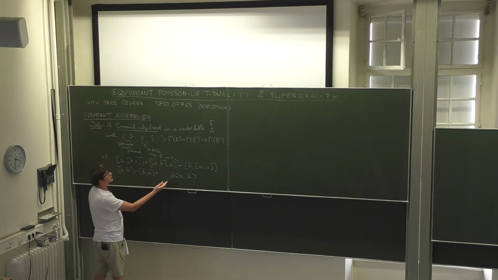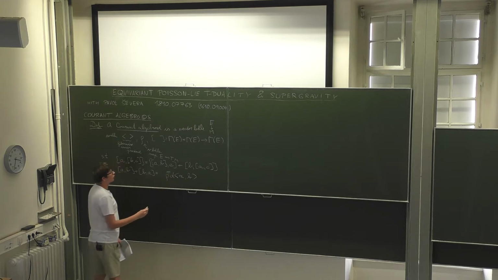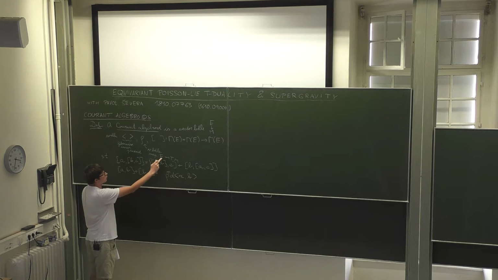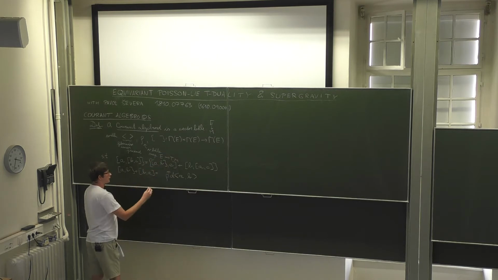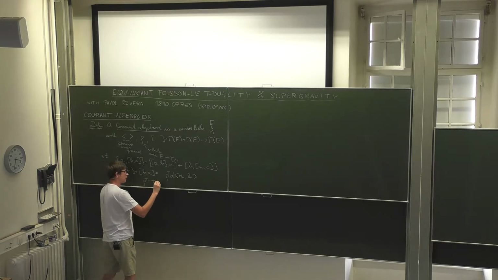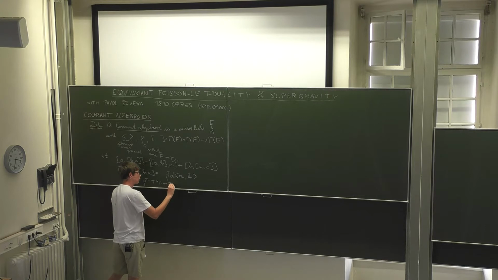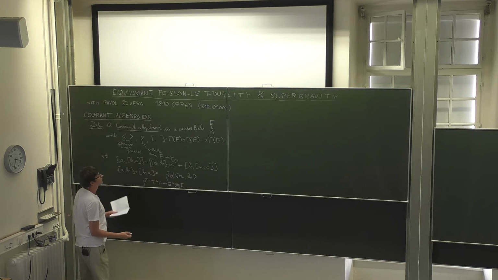It's a section of T star. So I can apply the transpose of the anchor map. So the anchor map goes from E to TM. So the transpose goes from T star M to E dual, but I can identify this with E using the inner product. So this is one of the axioms, and then there are one or two more, depending on